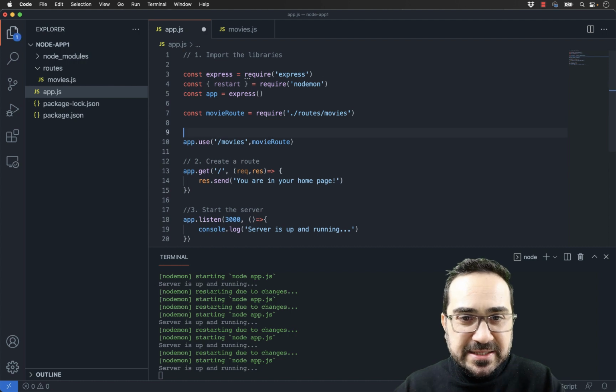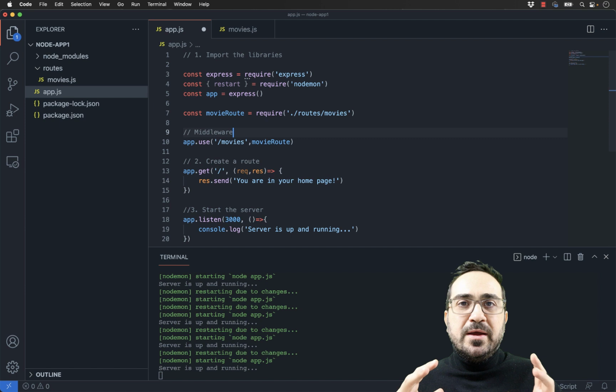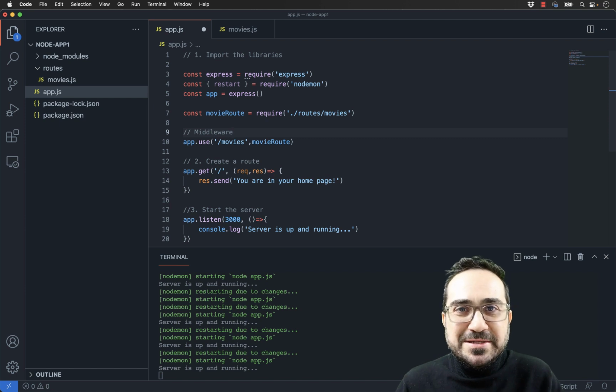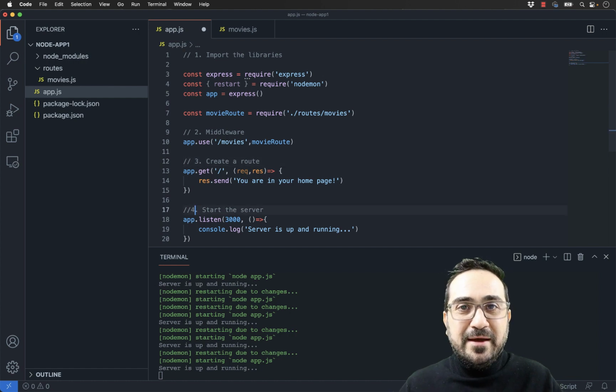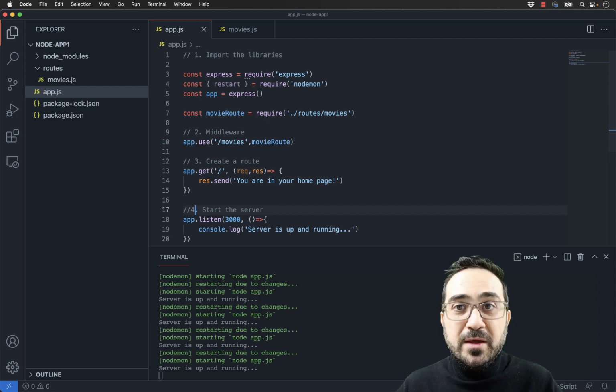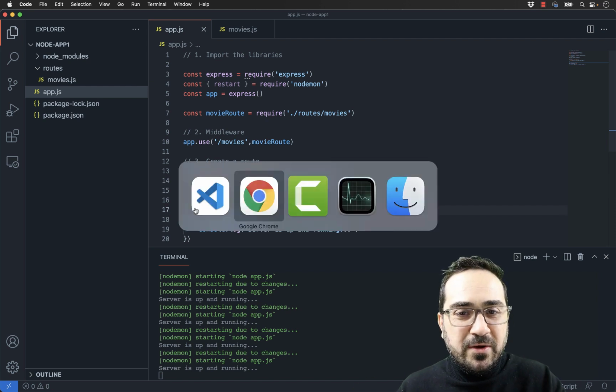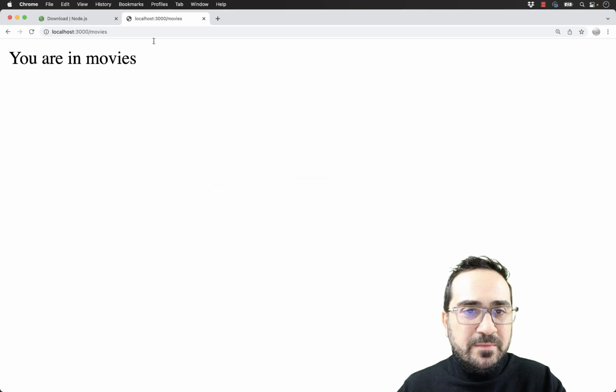This statement, we call it middleware. It's very important because these middlewares are the intermediate steps that we can create to redirect to different files. So let's say that the second step for us always will be to create a middleware, the third step will be to create a root, and the fourth step to start the server. We don't always have to create middlewares, but it's a good practice in order to manage scenarios where we have a lot of different things in our application. Probably we'll have, right? Okay, so let's go back now to Google Chrome and try it.